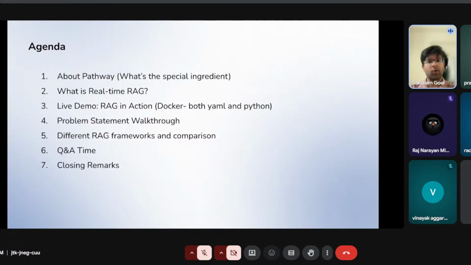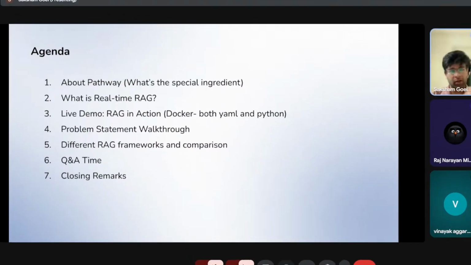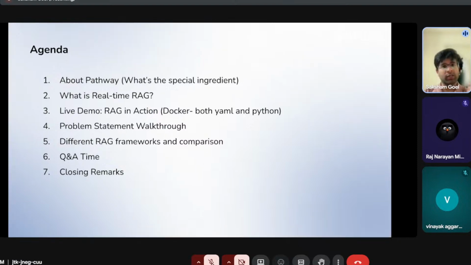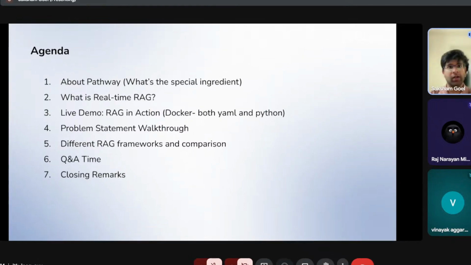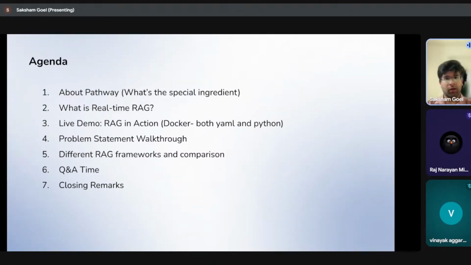Then the problem statement is revealed, and I'll slowly walk you through exactly what you need to build to win this hackathon. We'll compare different frameworks if we have time, and then we'll open the floor for questions and your doubts, and I'll share the closing remarks with one of the members from Geek Room, concluding this workshop.